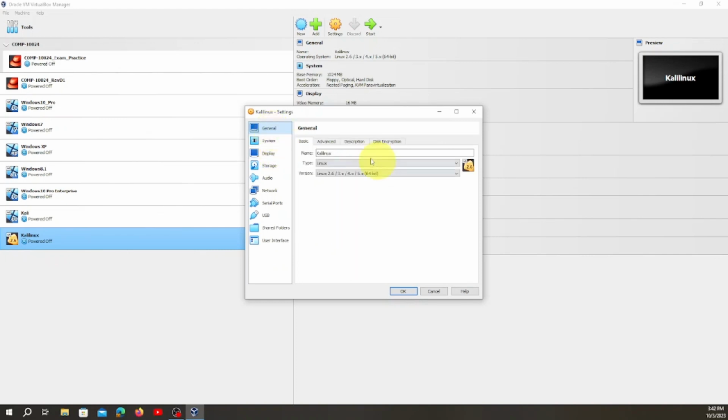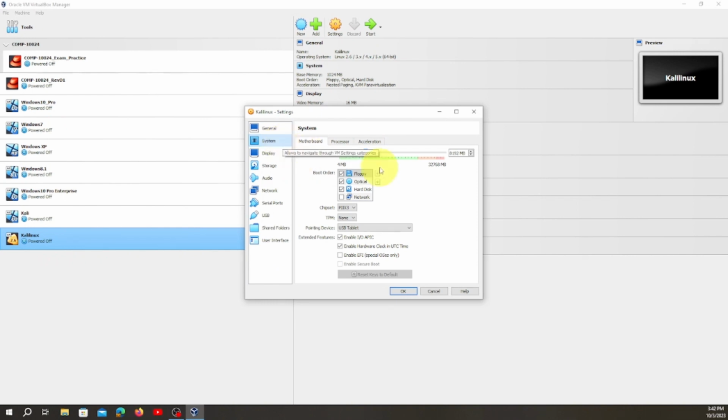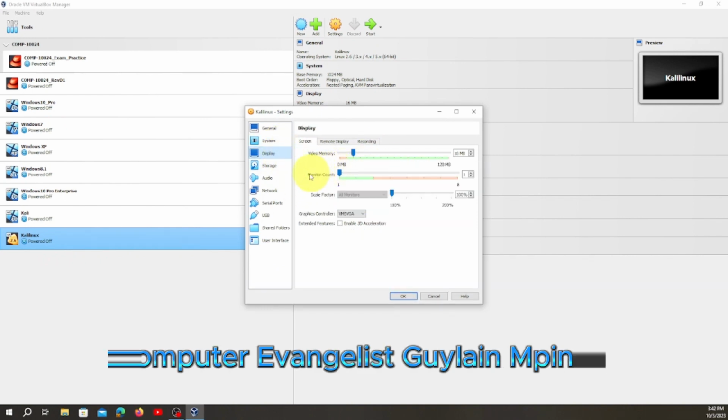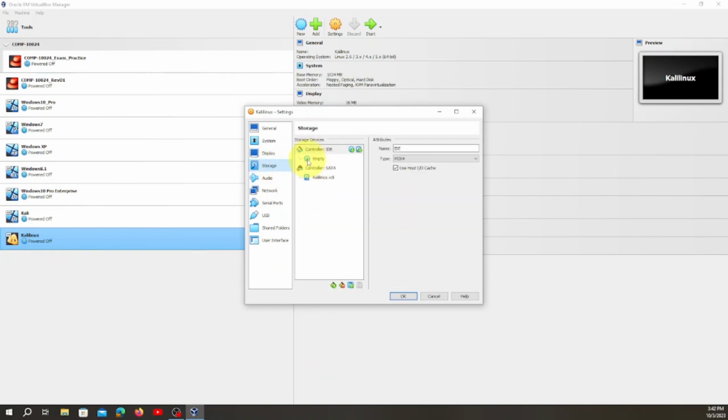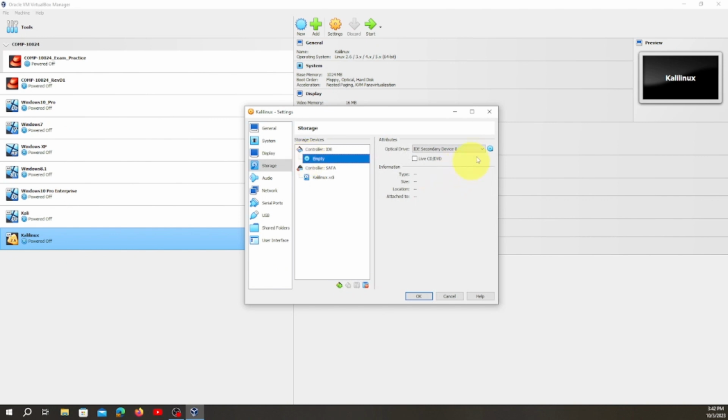Here nothing. We just leave the way it is. We don't need to touch anything here. Here same thing. We can just increase this a little bit. Here we leave the way it is. Okay. Here we're gonna get our image. Okay, the one we download. Those are image auto download one.